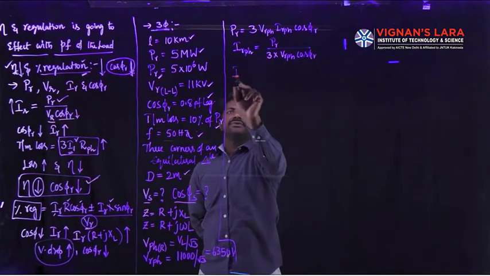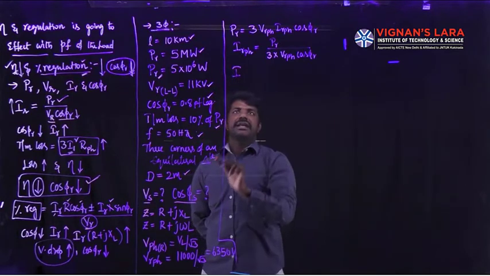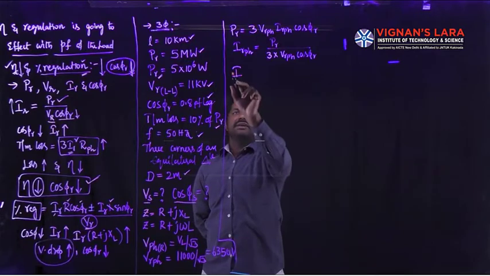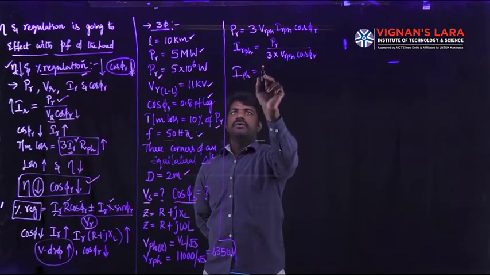Substituting the magnitudes, as we know that in a short transmission line, the receiving end current is equal to the sending end current. From now onwards, I will simply write I phase, which is equal to the 3-phase power